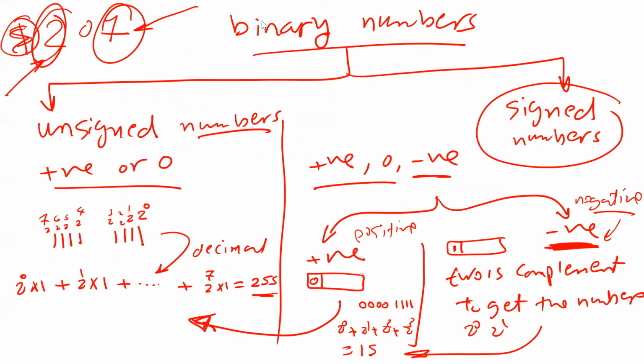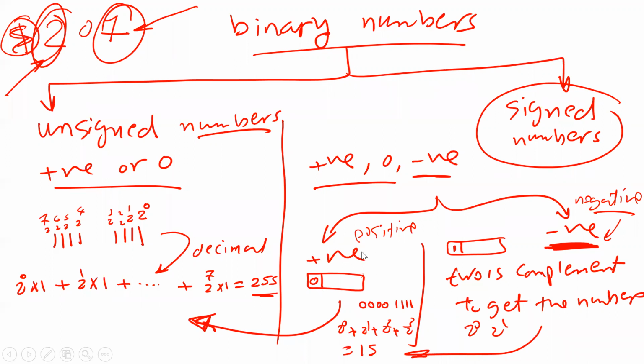So let me go to the chart, this part here. Look here, guys. What I'm explaining now is, if you have a binary number, how can you convert it to decimal? I told you, number one, you have to tell me: is the number you are giving me signed or unsigned? If it is unsigned, I have only one way to convert: 2 to 0, 2 to 1, 2 to 2, 2 to 3, and so on. It's easy, right? If the number is signed, I have two different ways.